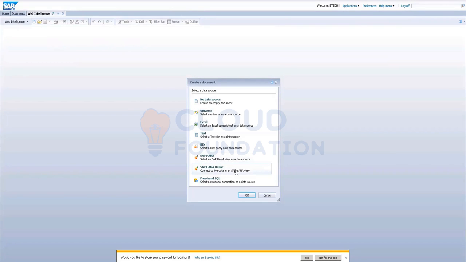It is connecting to live data. Whatever the report generates is live, instant data. We can use that, or a freehand SQL. If you are well versed with SQL, you can directly write SQL code and create a report on top of that. Mostly what we use in our day-to-day life in the IT industry is a Universe or BEx. Sometimes HANA, but I mostly work on Universe and BEx as a data source.